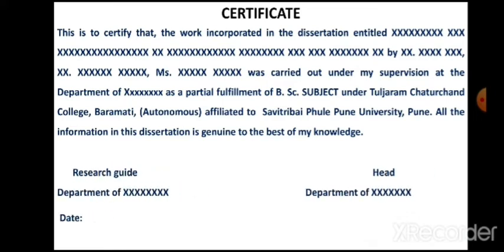So the signature of the research guide, and this will also have the signature of the head of the department. Possibly this certificate has to be on the college letterhead page. You need to take the print on the college letterhead page only and get it signed.